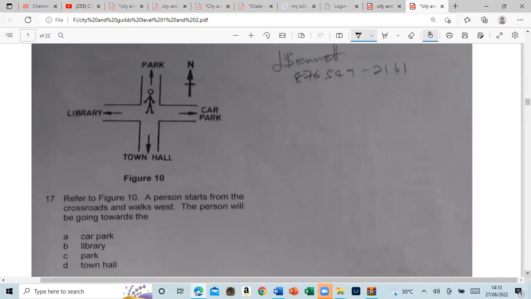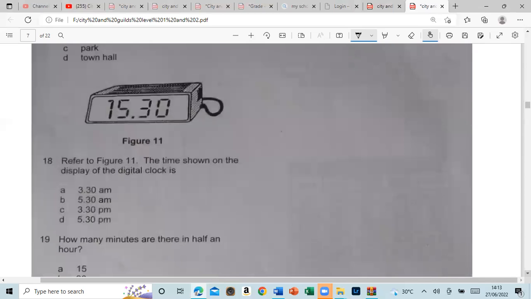17, refer to the diagram. A person starts from the crossroad and walks west. The person will be going towards the... okay, they show you the north already. This is south, this is east, and this is west. So they're going towards the library. All right, number 18, refer to the following clock. The time shown on the digital display clock is,